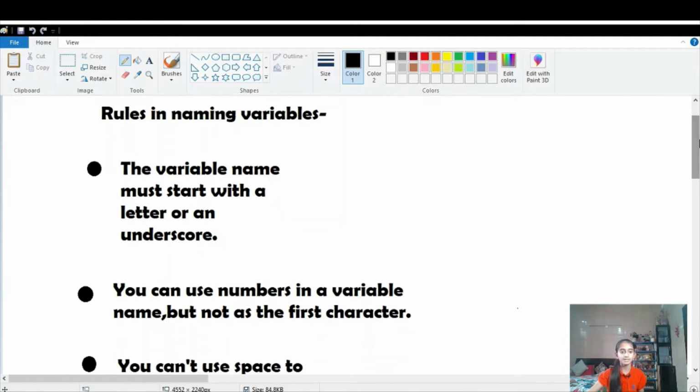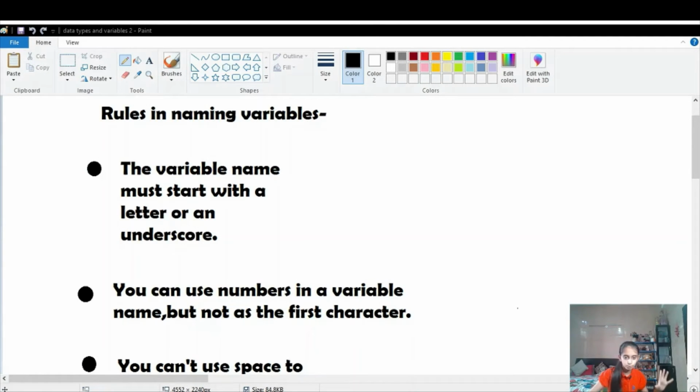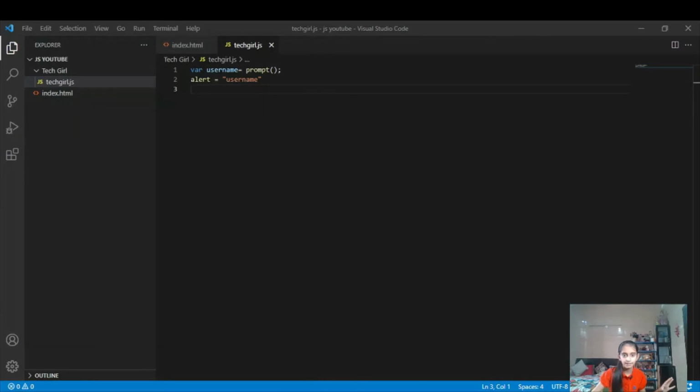Now, the first one is the variable name must start with a letter or an underscore. Okay, so let's go to VS Code and experiment. Here we go. Now, it is saying that a variable name must start with an underscore or a letter, nothing else. So we're going to make two variables. So we're going to write variable. So the first variable can be